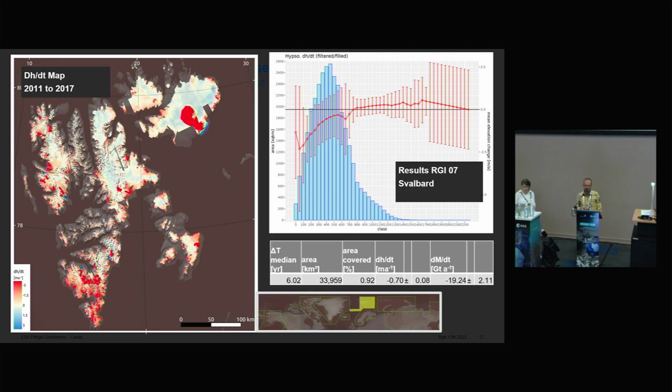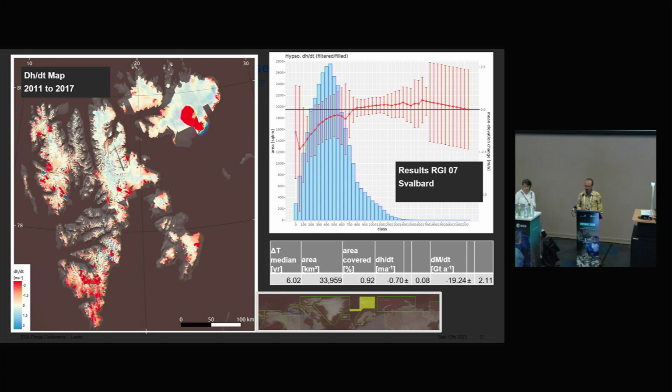And one of the most promising results so far, I would say, we go to Svalbard. Most promising because the mosaic looks very good, and it also depicts the very strong mass loss. So we are again going up to the very northern latitudes here. But you see in southern Spitzbergen very strong reddish tones and very strong signals, which in this case, I have to admit, also come from surge activities. A surge is when a glacier, as you might all know, since you're in an ice session,